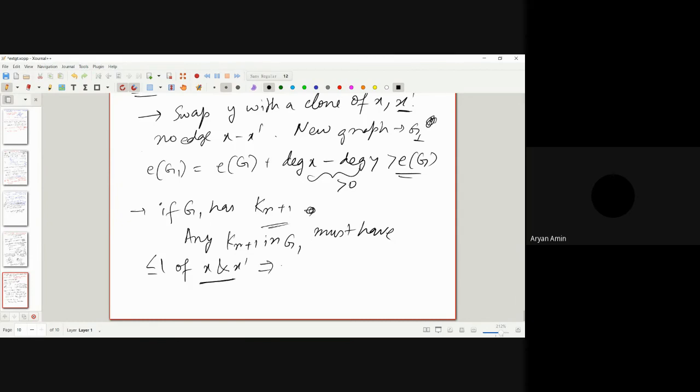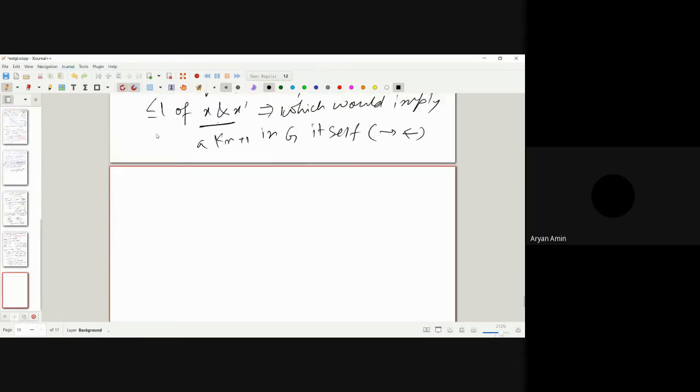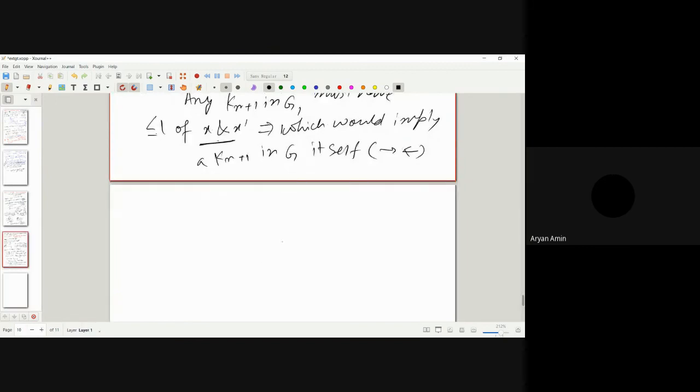Which would imply a K_{r+1} in g itself, which would result in a contradiction. So what we did is we found a new graph g1 from g which also satisfied the K_{r+1}-free condition, but has more edges than g. So okay, this add